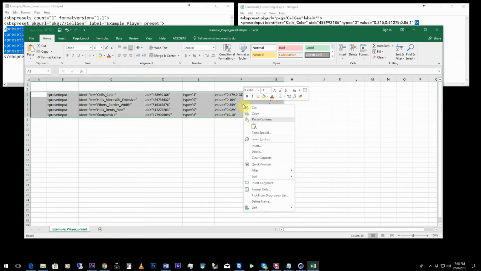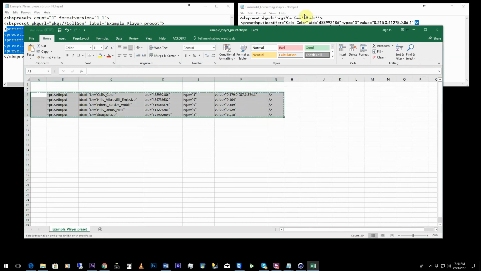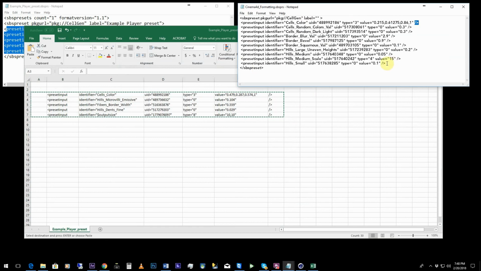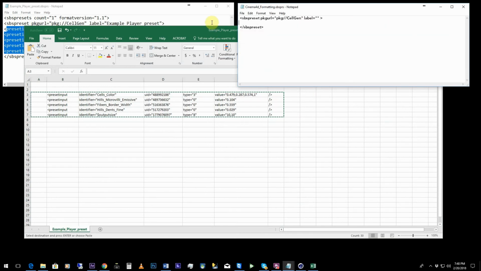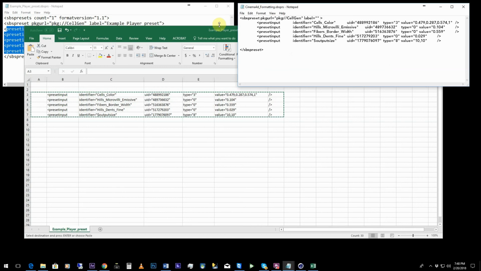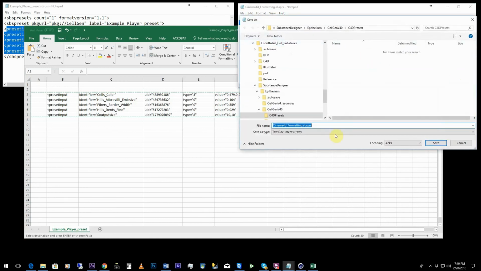And it's just as easy as copying it and then selecting the data we want to swap and pasting it. Now this has come in with some tabs instead of spaces, but that's okay, it'll still work. So now I'm going to save this as Cinema 4D preset, and I'm going to just call this